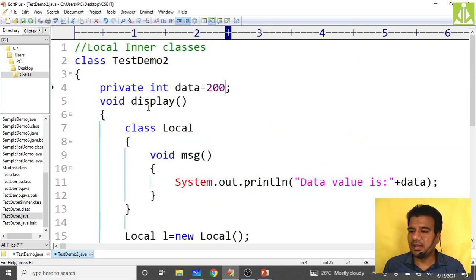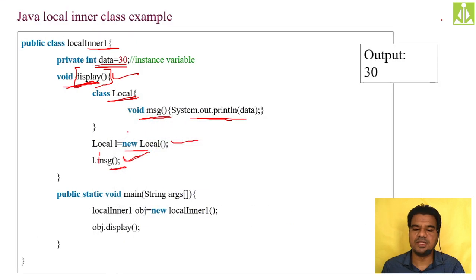In these inner classes and nested classes, only one topic is very difficult to understand and very difficult to implement, that is anonymous inner classes. For that we need some more understanding, without which we can't do anonymous inner classes. So once we get the idea of interfaces, definitely we will go to anonymous inner classes. The first ones, member inner classes and local inner classes, are very easy to understand and very easy to implement. Already we did that.